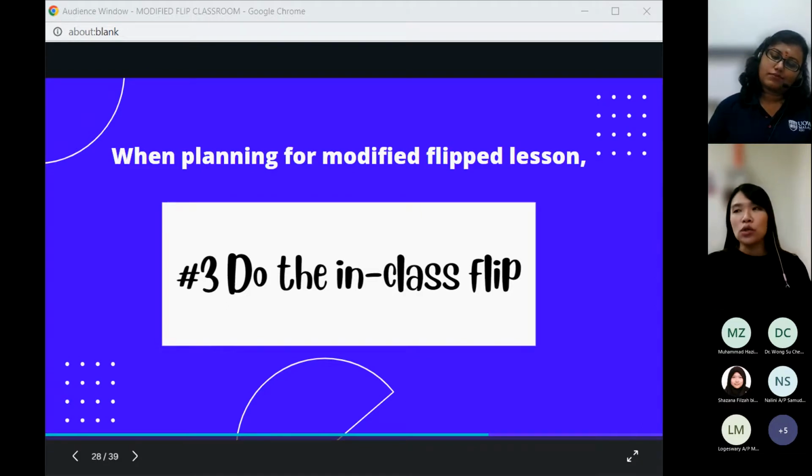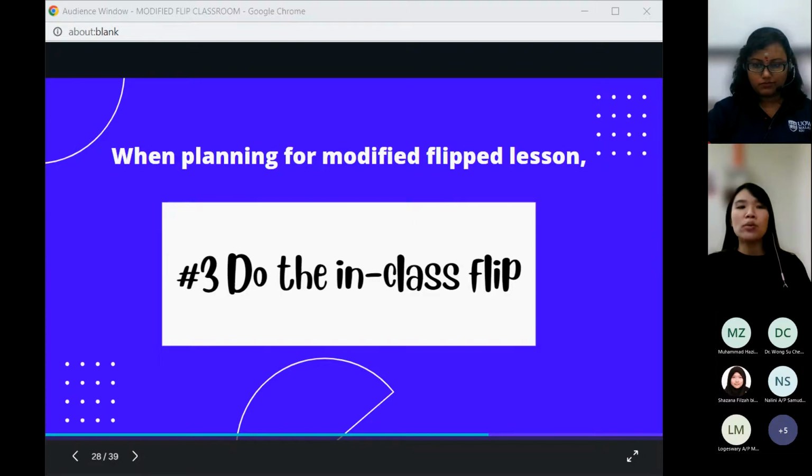So, for example, you make your classroom setting into different stations. At station one, there will be computers or laptops with the video that you have pre-recorded. When the students are at station one, they watch the video. After that, they move on to the next station.